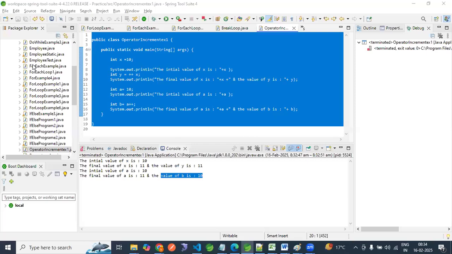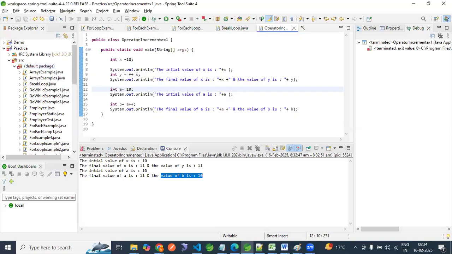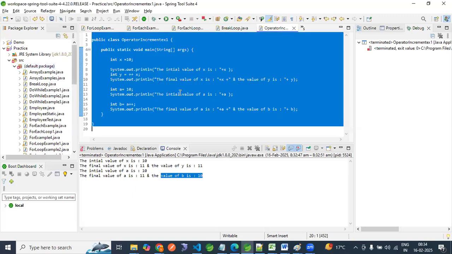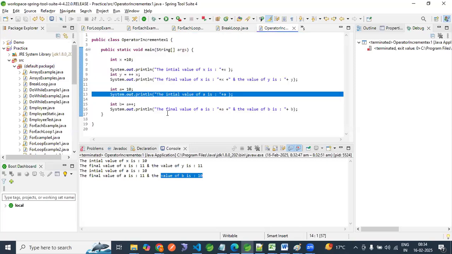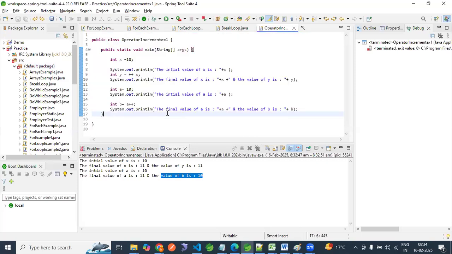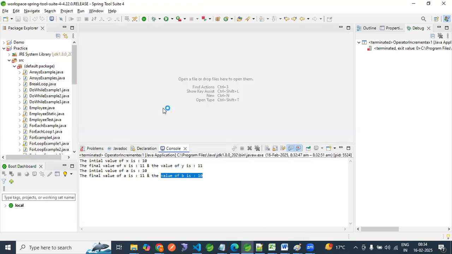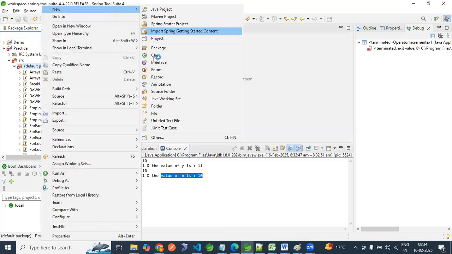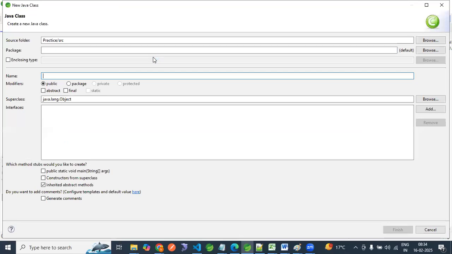Now, next example. Same example is applicable. Control A, Control C. Control Shift W to close all the classes. All classes are closed. What is the command? Control Shift W. Now new class. Operator